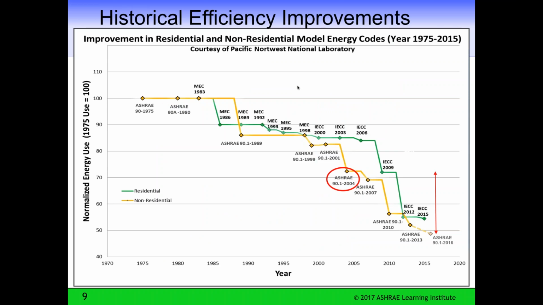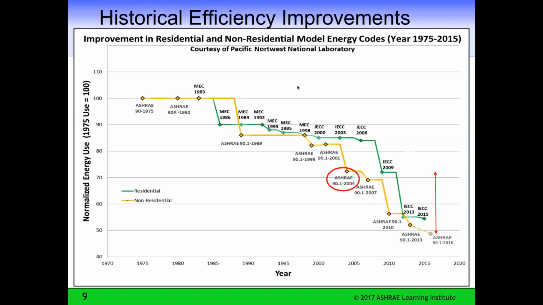Then this slide shows the history of the energy impacts of 90.1 starting in 1975. Back in 75, the first version of the standard was estimated to result in a 40% reduction from current practice at that time. All of these numbers showing percent savings from different versions are based on computer simulations relative to the previous version.